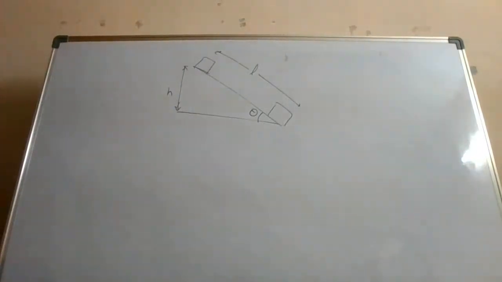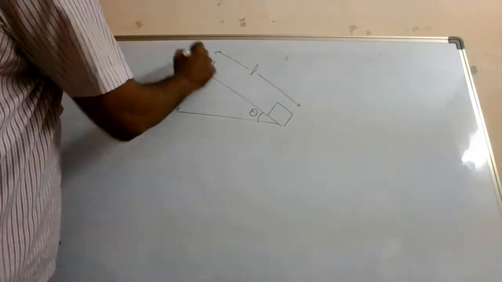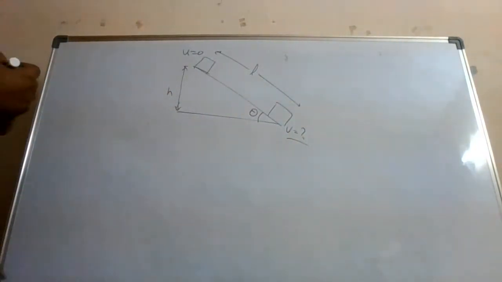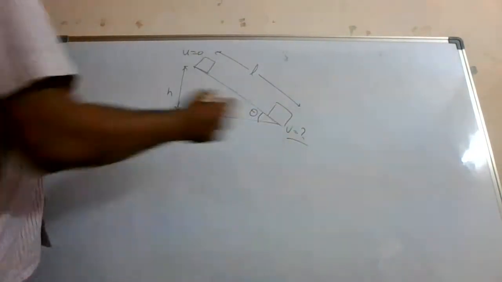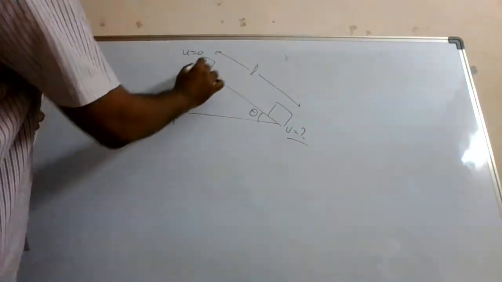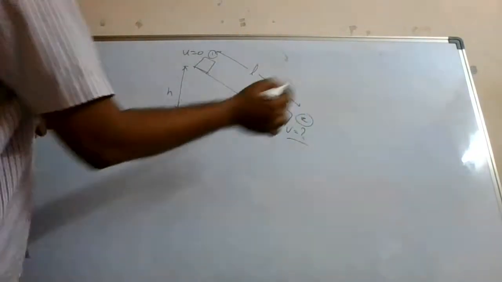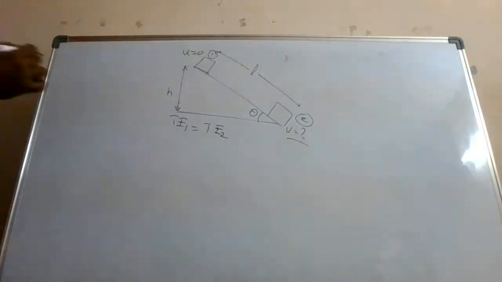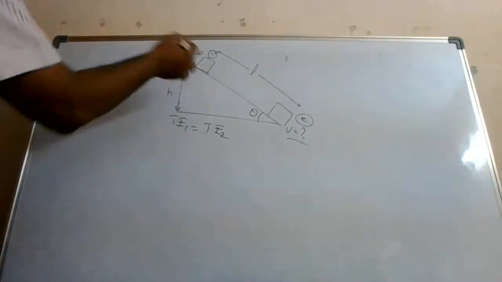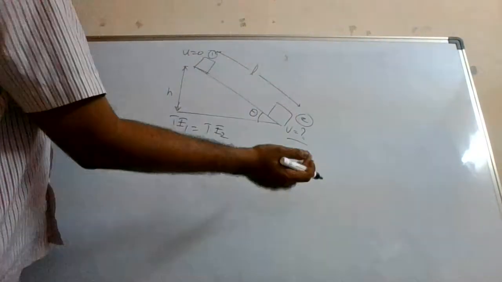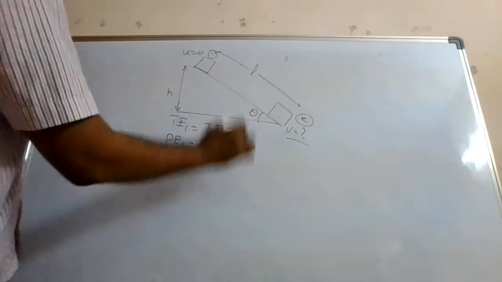Here initially the velocity was 0, and here what is the velocity? Can we apply the principle of energy conservation? We can apply the principle of energy conservation. Here the potential energy is converted into kinetic energy basically. I am writing this position as 1 and this position as 2. You can apply this concept, TE1 is equal to TE2. Here you don't have any kinetic energy, only potential energy, because the speed is 0. Here there is no potential energy but only kinetic energy.